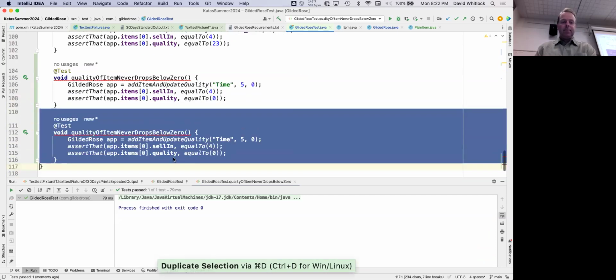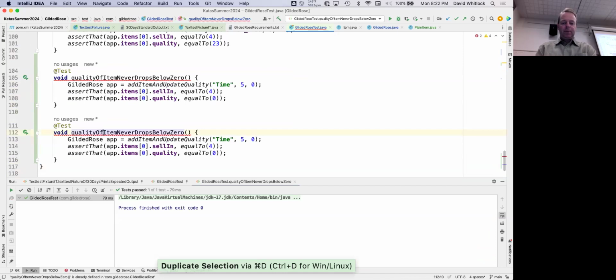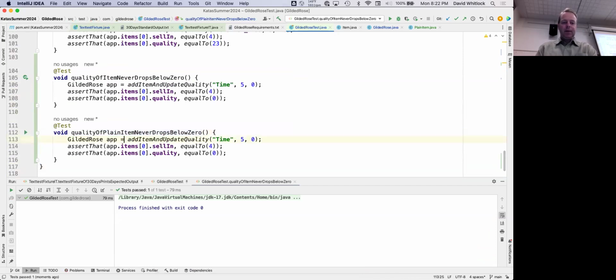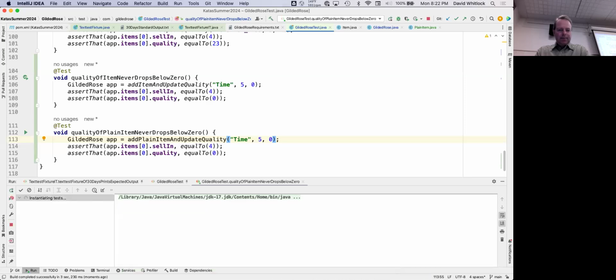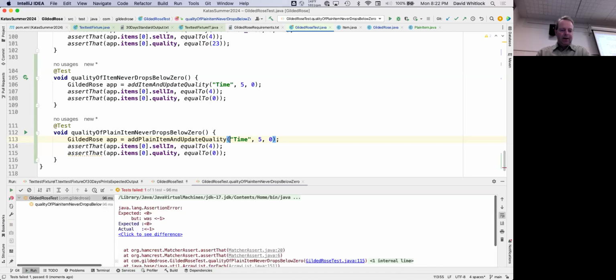Okay, so now I'm going to have the same thing, but with a plain item. Quality of plain item never drops below 0. So I add the plain item's method quality. And so now if I run this, it fails because, aha, the quality was -1 instead of 1. Okay, so right, I forgot a piece of logic when I implemented the update method.